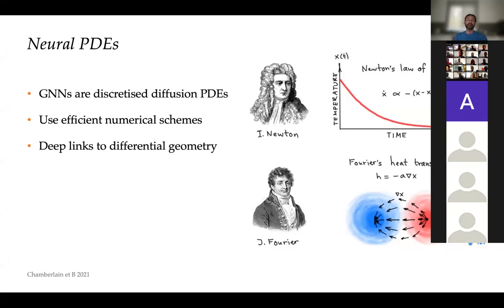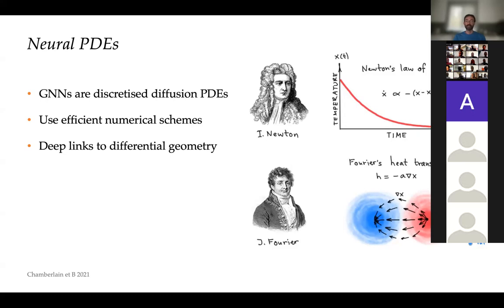And there are many other solvers that exist in numerical analysis, and we show that you can use better solvers with multi-step schemes, or, for example, with adaptive step size, or even implicit solvers that invert the diffusion operator. So it is interesting because in this case, you don't really have any more the notion of layers and depth. You have the notion of diffusion time. So you have some learnable parametric diffusion equation that you try to learn from a specific task, and then of course, the question of which graph to use is a little bit superfluous, because you can think of it as a form of discretizing your spatial derivative.